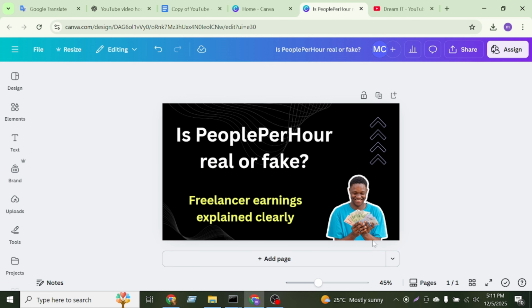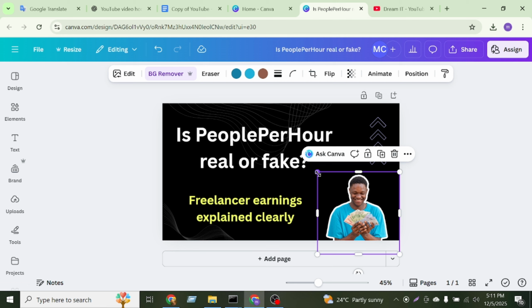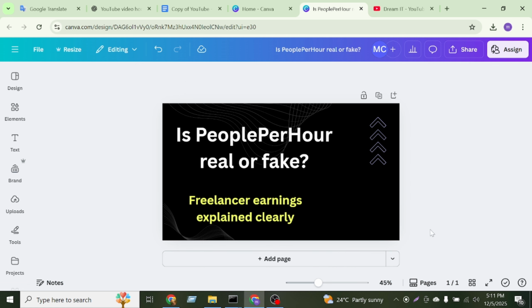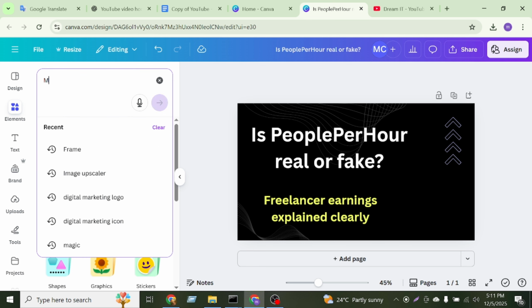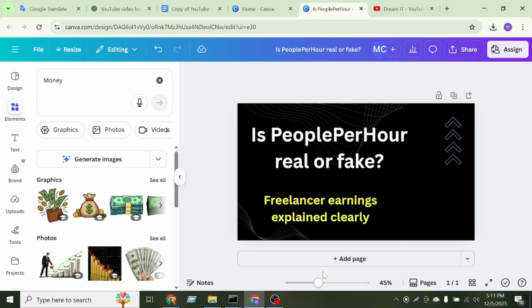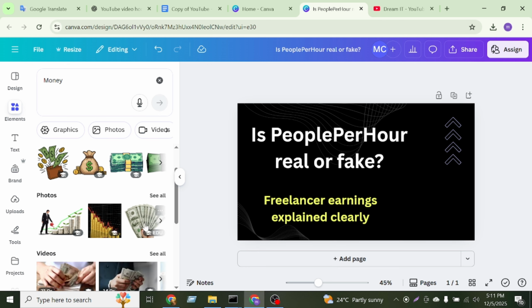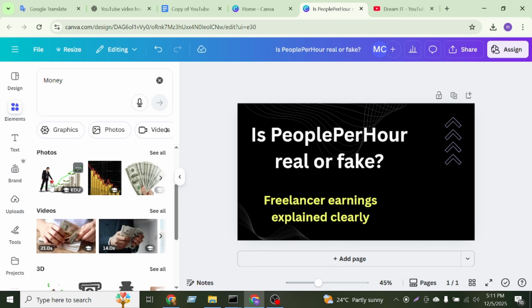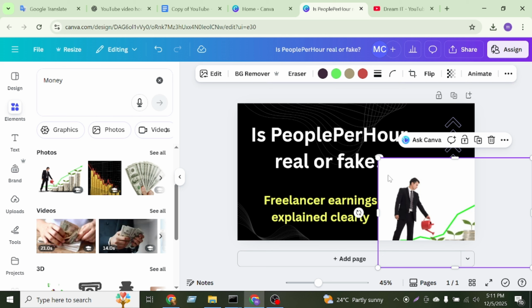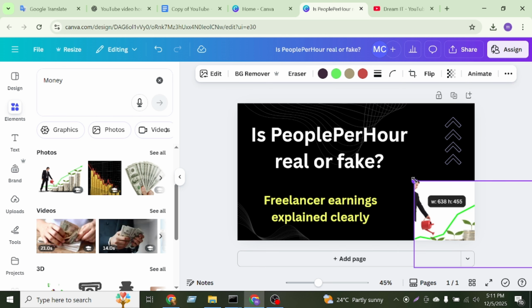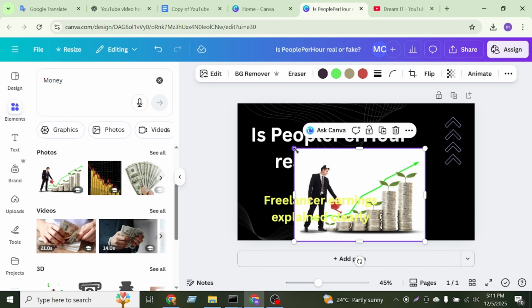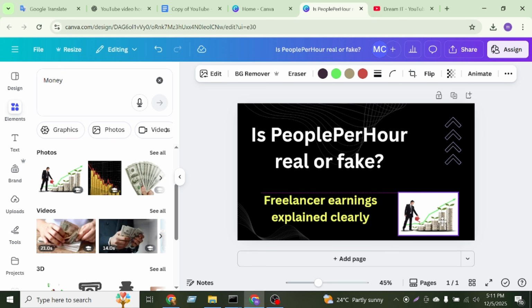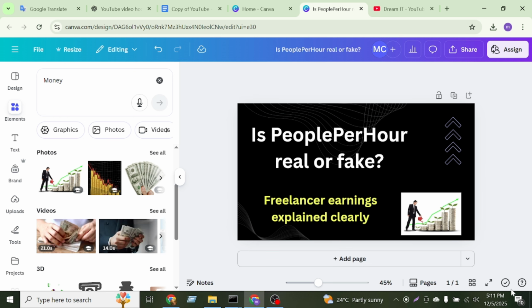And we can make or change the image and add any other image like money. Yeah, we can use this one like this,